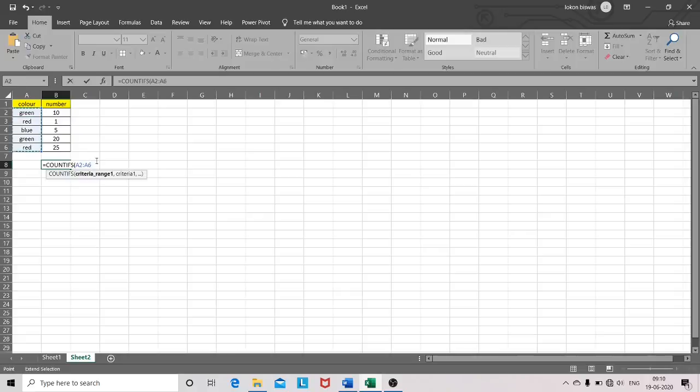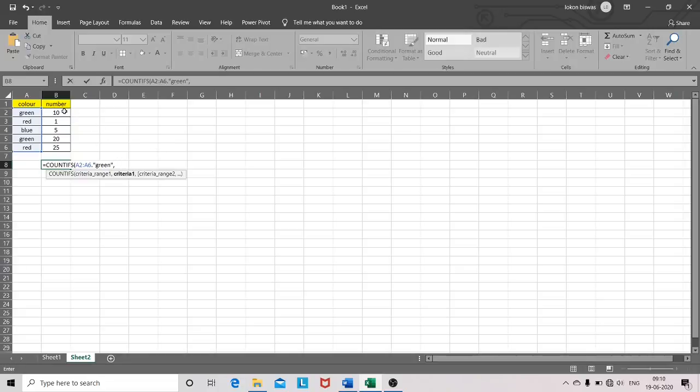Okay, so I have selected the first column, and if it is green, type green, and I want to see if the number is greater than 10.